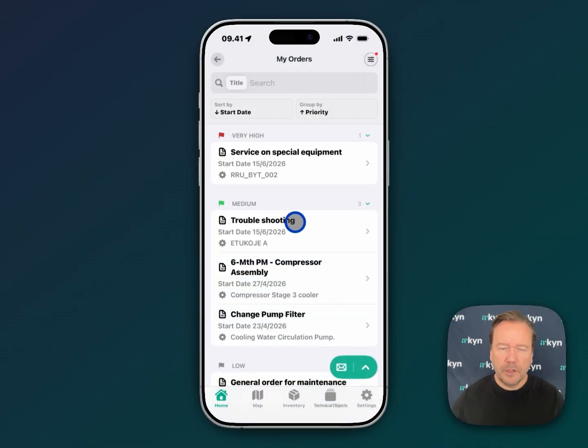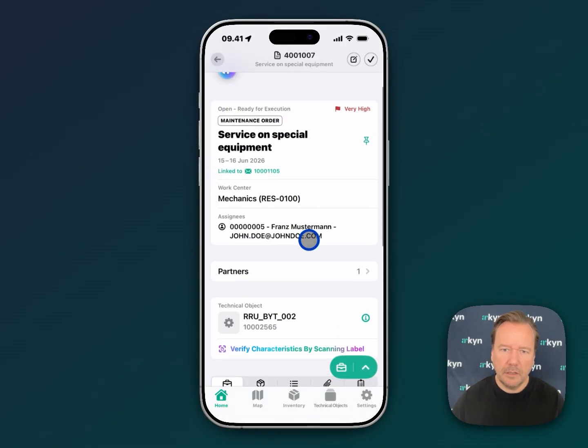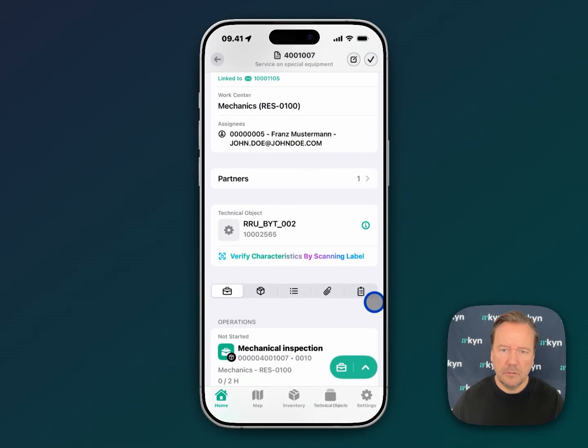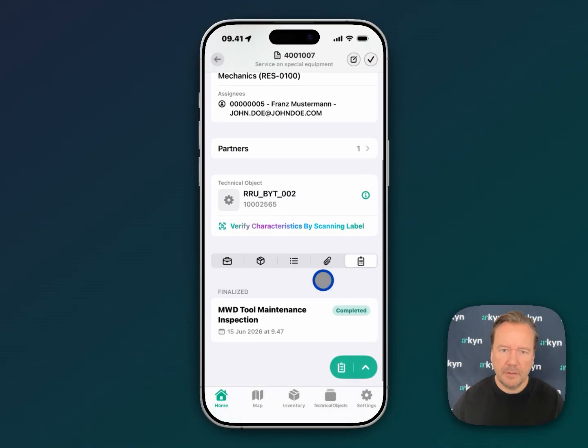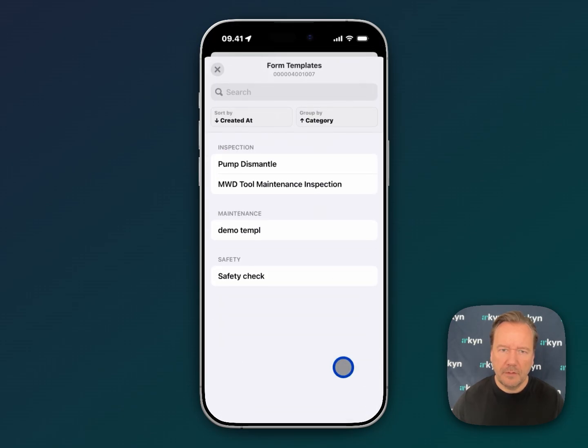So let's just do a quick check and look at this form, how it looks on the mobile device. Let's just have a quick look at the checklist we just created. Go into any work order again. I go to the form tab right here on the right hand side. And I can add any form not pre-added to the work order by clicking this action button here at the bottom, saying add form. And you can now see I have this form called safety check that we just created.